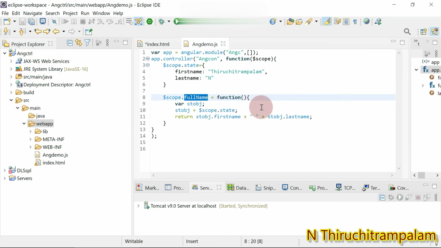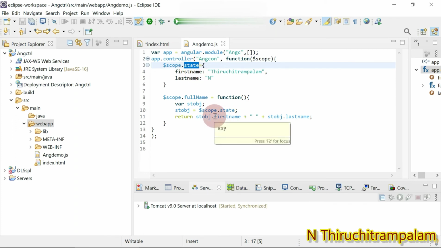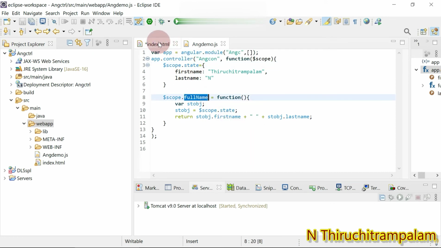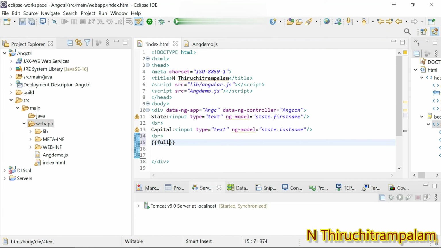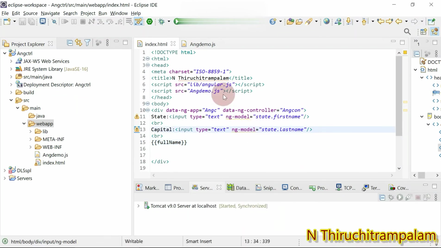When I call this function, it's going to return the first name and last name of this scope property named state. So I'm going to call this full name function. I just give the full name, that's it. Okay, so let me check. I believe that's it. So let me run this.